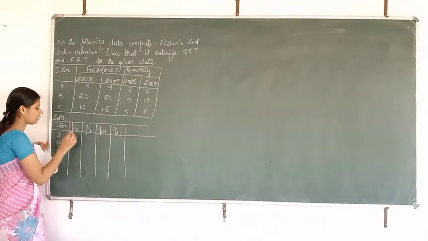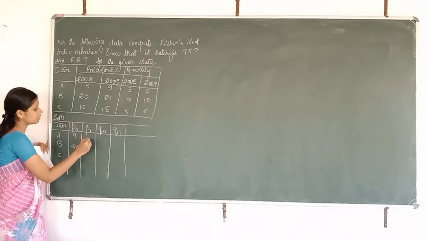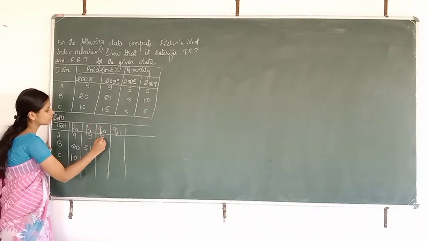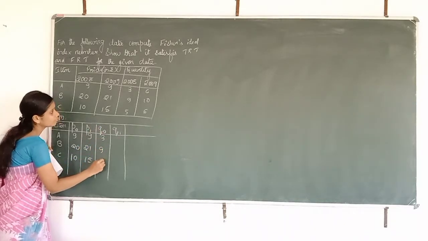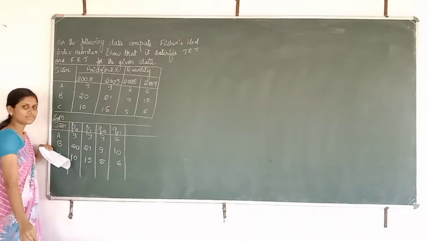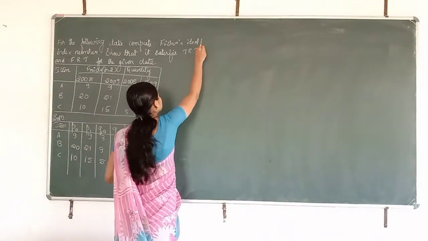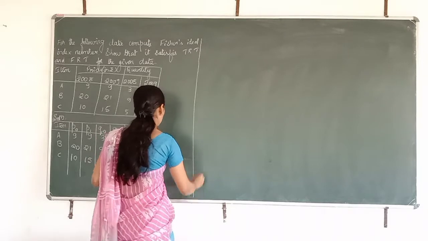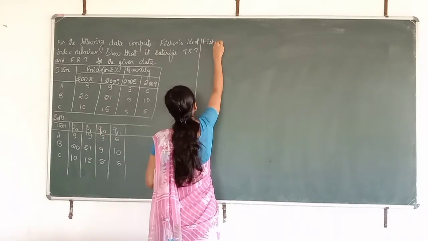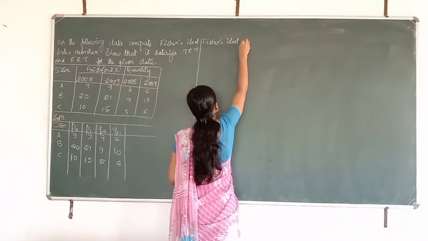Now we are going to write the values 9, 20, 10. Here it is 9, 21, 15. Next quantities are 3, 9, 5. Here it is 6, 10, 6. After this, now we are going to write the Fisher's ideal index number formula. So Fisher's ideal index number is